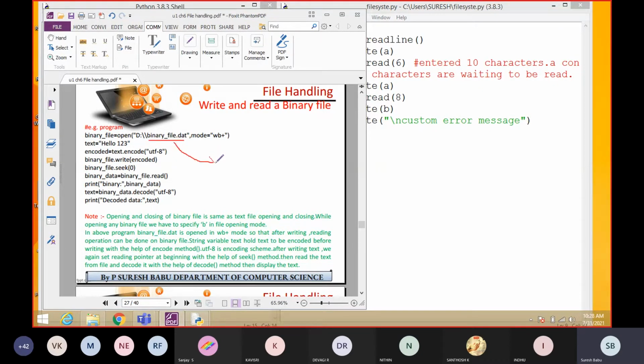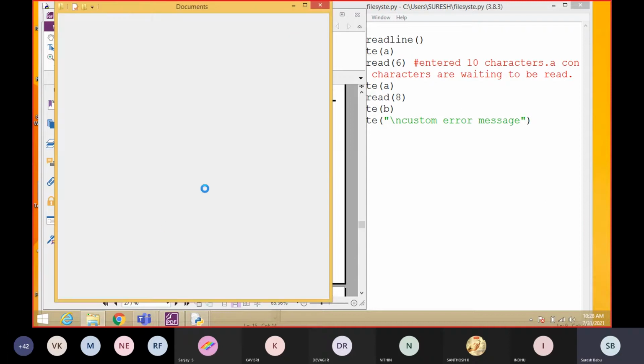It requires a separate application to open the file. So we are not at all going to open it manually. We will access this file only through the program. Reading the data or displaying the output by using write, read, everything will be only through the program. We are not at all going to use manual opening. Understood, students?